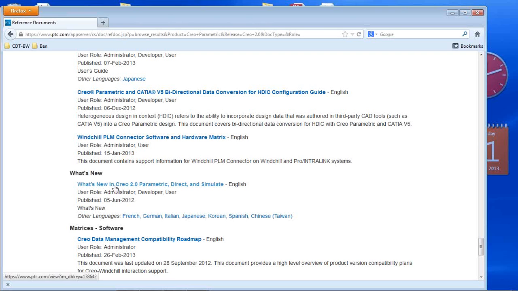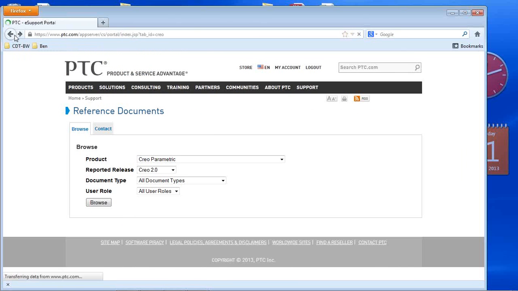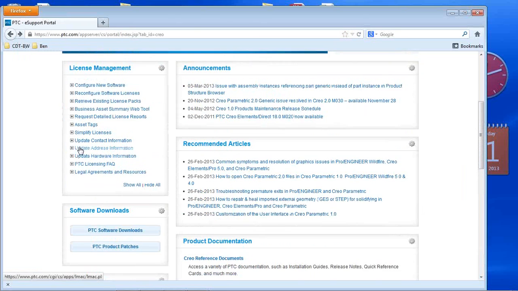It doesn't give you pick-and-click details about what's new, but it talks about some of the new tools and some of the enhancements that they have. But that's where you will find the What's New documents if you're ever making the switch from one version to the next. Okay? Also, if we back up here, you will find